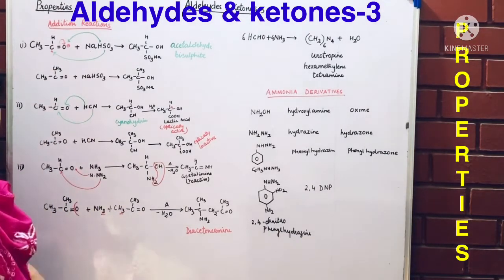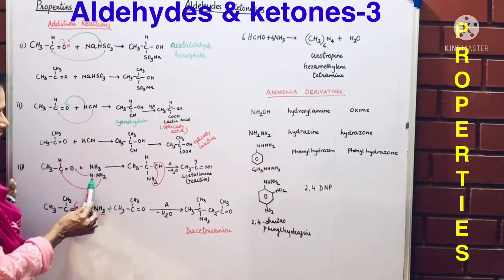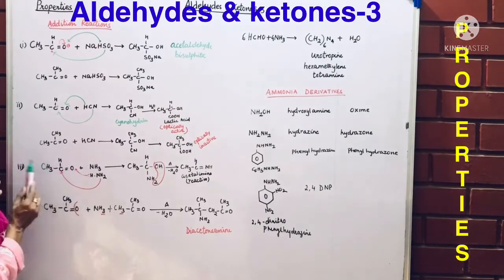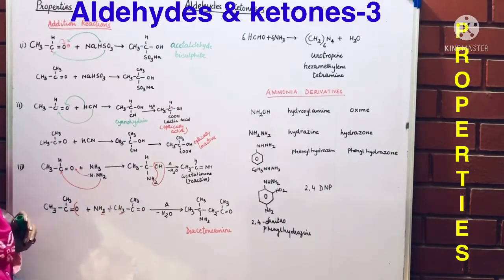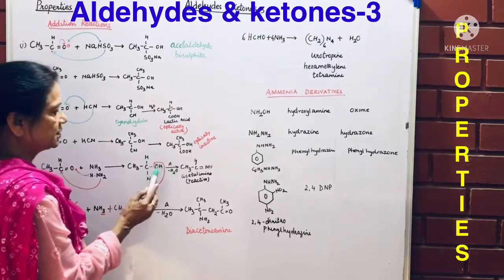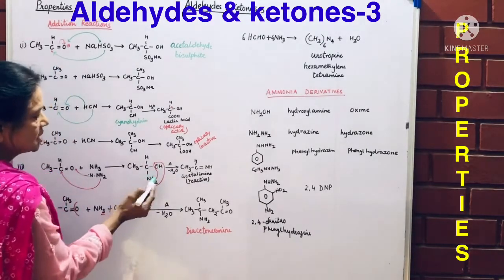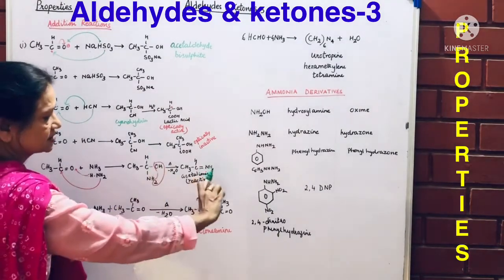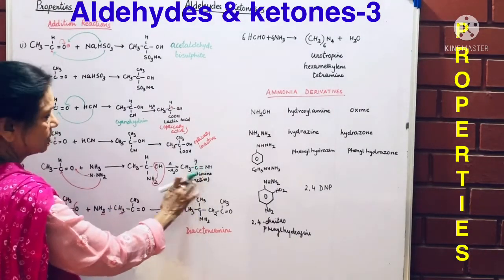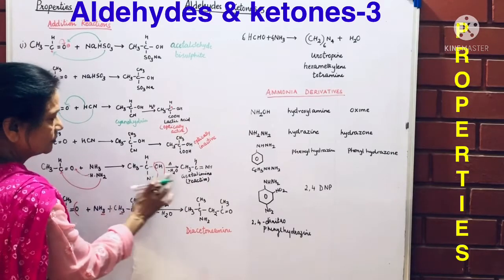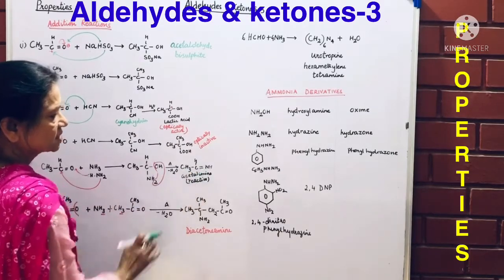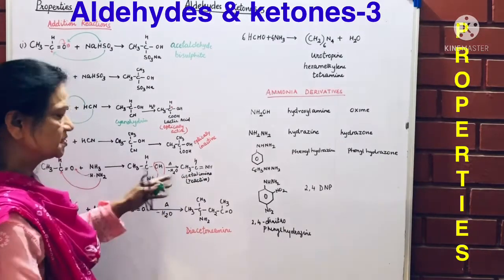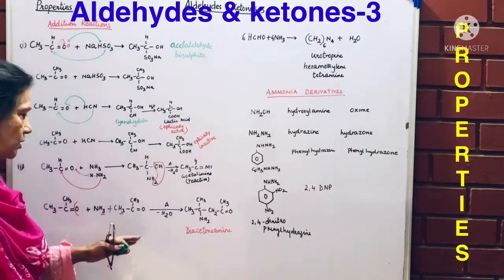When we react with ammonia, I can split ammonia into H and NH2. So H attaches here, NH2 attaches here. First compound formed is this. Now further on heating, a water molecule is lost. So I am removing OH from here and H from here. Two substances removed, so it becomes a double bond. So now the compound is this, which contains a double bond, called acetylamine, and is a very, very reactive compound.